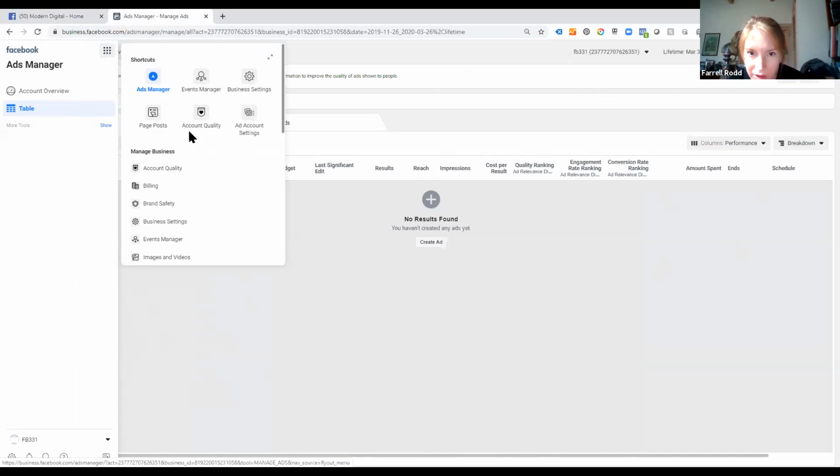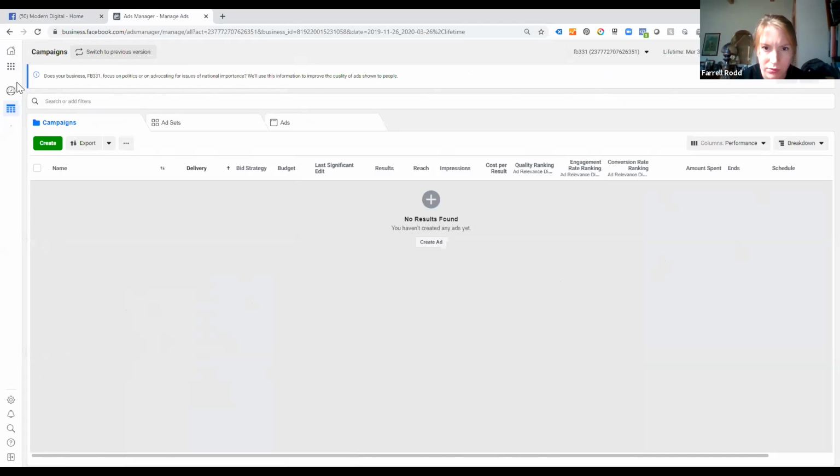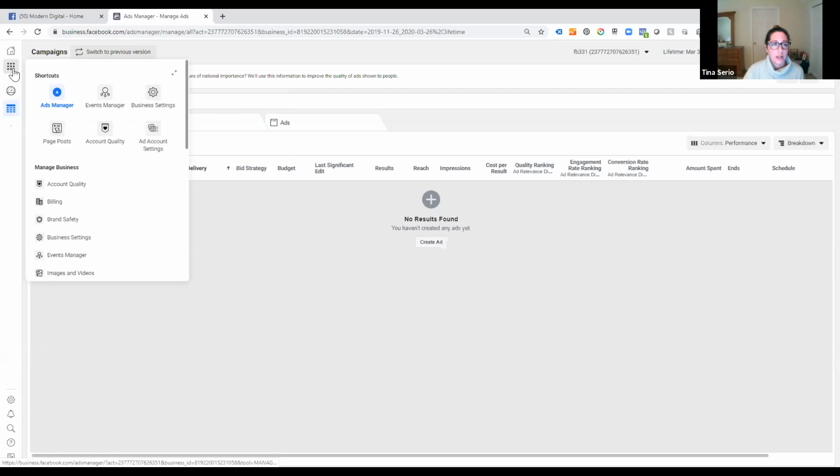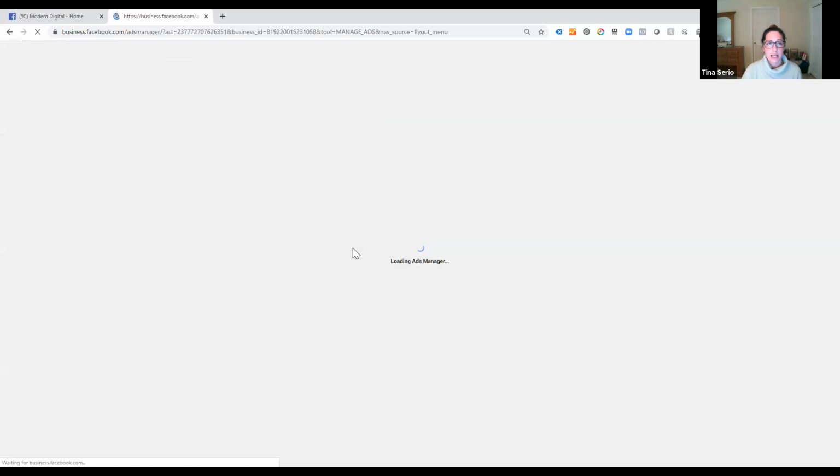Business Manager looks kind of like that, but no, I don't see the actual Ads Manager portion. Okay. So on the left-hand side, if you have not created an ad account, you may have to create an ad account first. So over on the left, you should see the little house, and then you see this Rubik's Cube menu right here. If you click on that, do you see Ads Manager as a shortcut? Yes. Okay, try clicking on that and see what that takes you to.